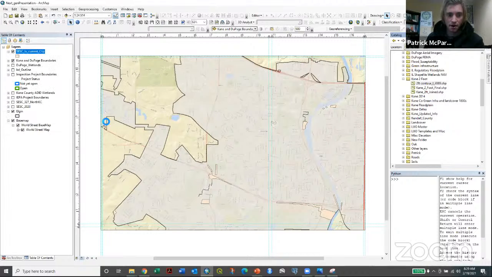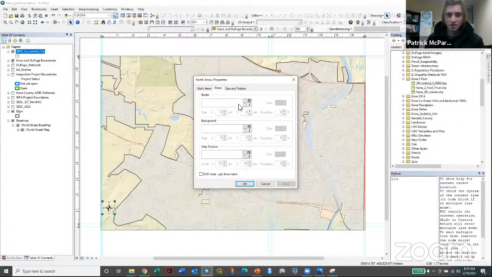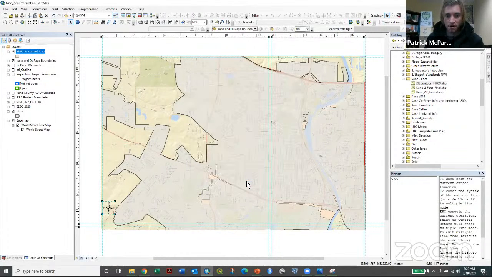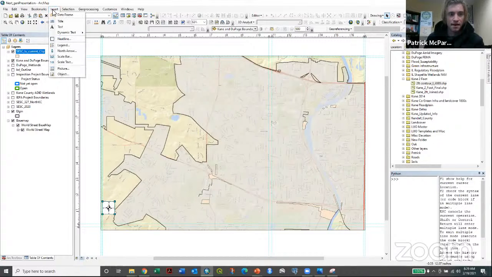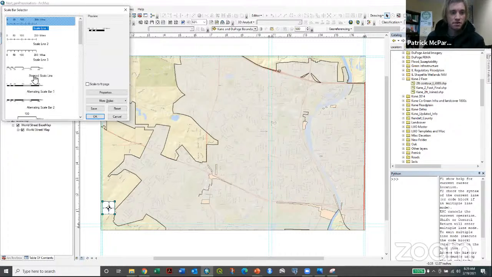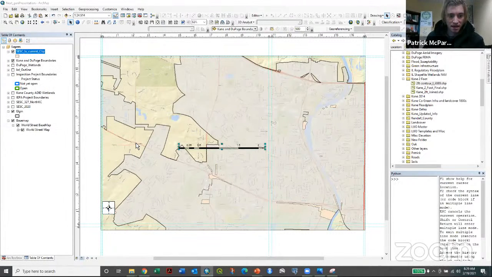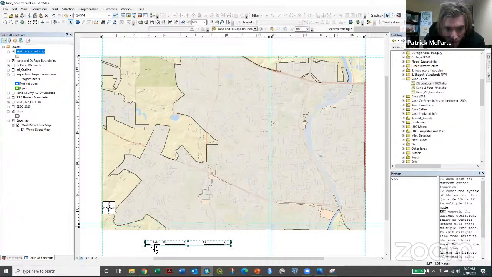So you add the north arrow and you put that down to the side, and then maybe put a white background. You could stylize everything in here to match what you're looking for. So you can see that clearly. And then the next component that's critical for any map is the scale bar. So we're going to add this, indicating